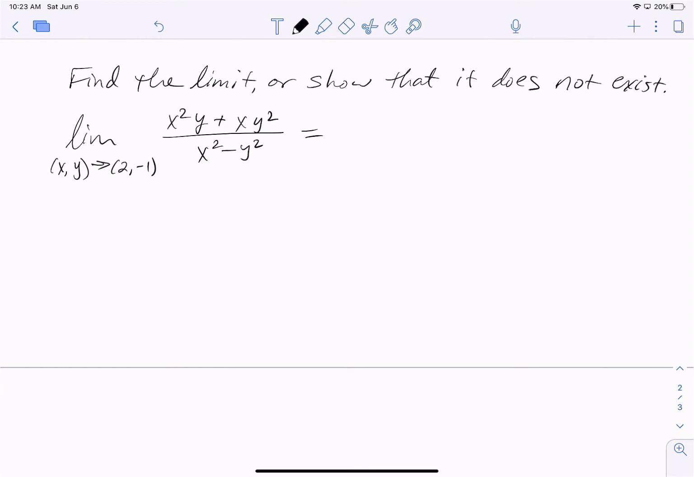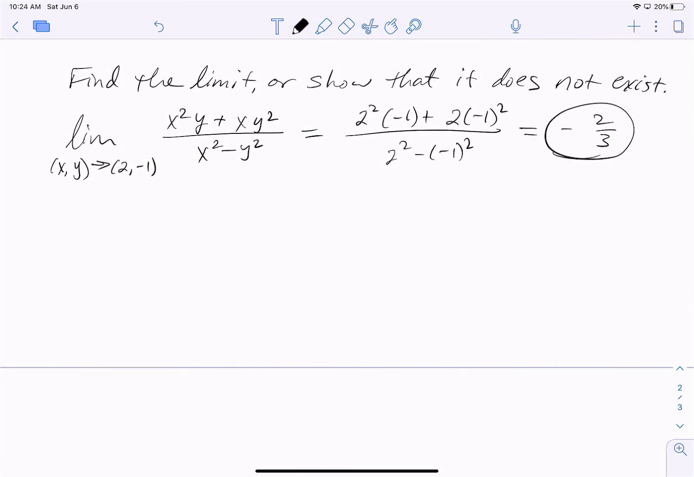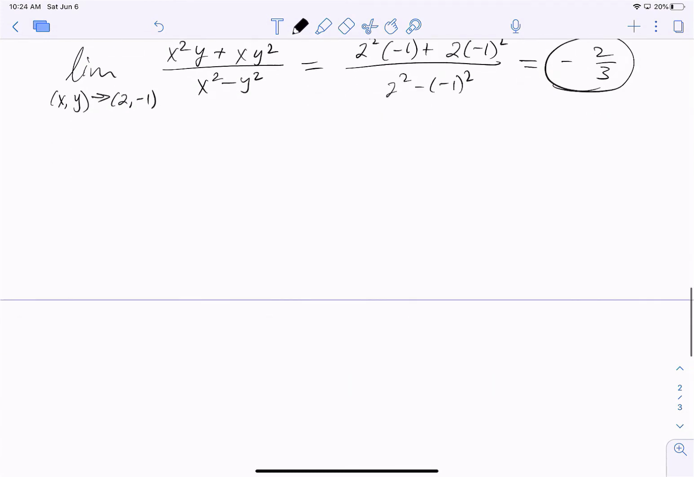Substituting x is 2 and y is negative 1, we get 2 squared times negative 1 plus 2 times negative 1 squared, all divided by 2 squared minus negative 1 squared. We can find that this evaluates to negative 2/3. There's our limit. We can move on. And we will. We're now going to look at the limit as (x, y)